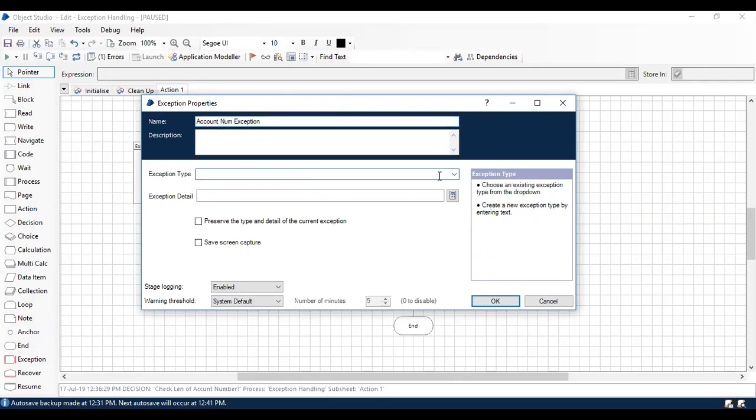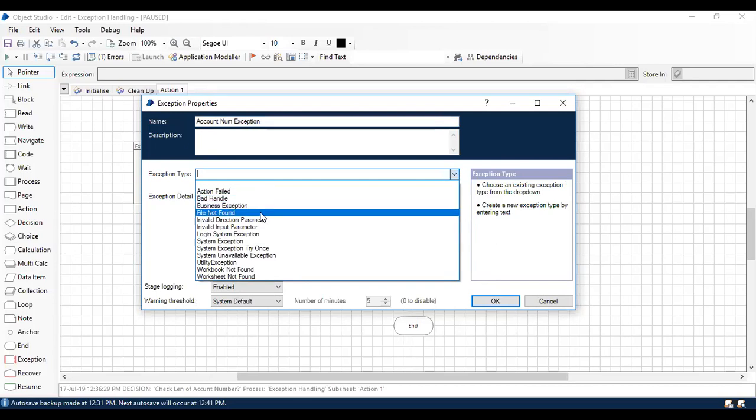For the exception type, either you can use an exception type which is already there in your environment.